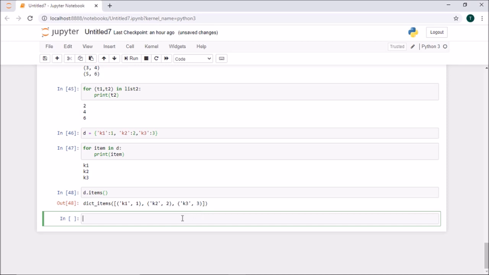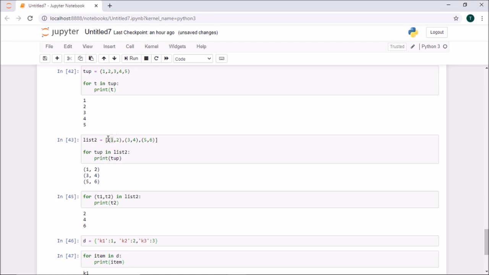Right? I'll just write for k comma v, simply some variables. Let me say k for the key and v for the value. Okay, so I'll write k and v in this. What is d items? d items is a set of lists. Again we come to this point, the list is there, no?